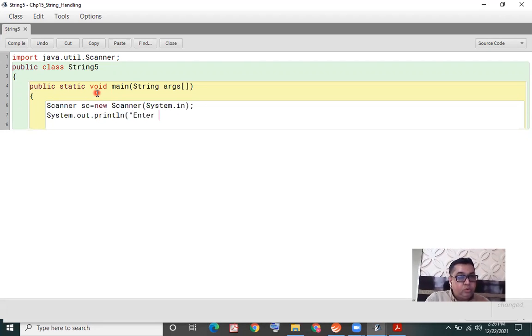I'll tell the user to enter the first string or enter the first name. String s1 equal to sc.next, I'm using. I can use nextLine also.